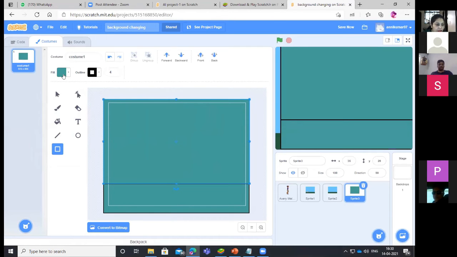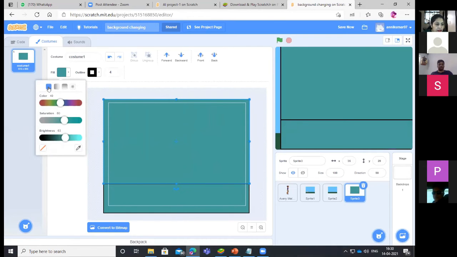Are you people doing it along with me? We need to have this sky blue color.